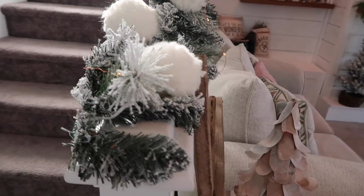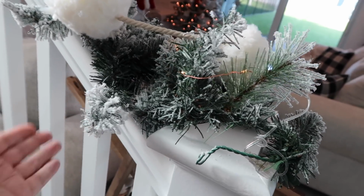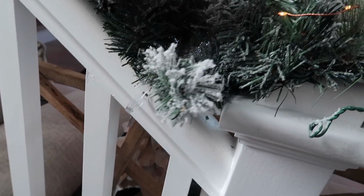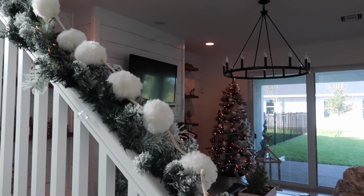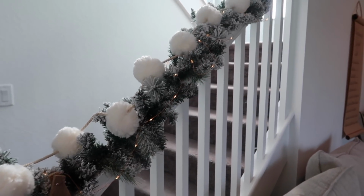So the garland itself is from Walmart. I got it for like $13, so affordable. It came flocked, and I also used these garland clips. I don't know if you can see, but I've talked about them in a few of my videos. I also found them at Target. They were really cheap and they worked wonders for hanging garland because it can be such a pain. So I just used those little garland clips to hang the greenery up,